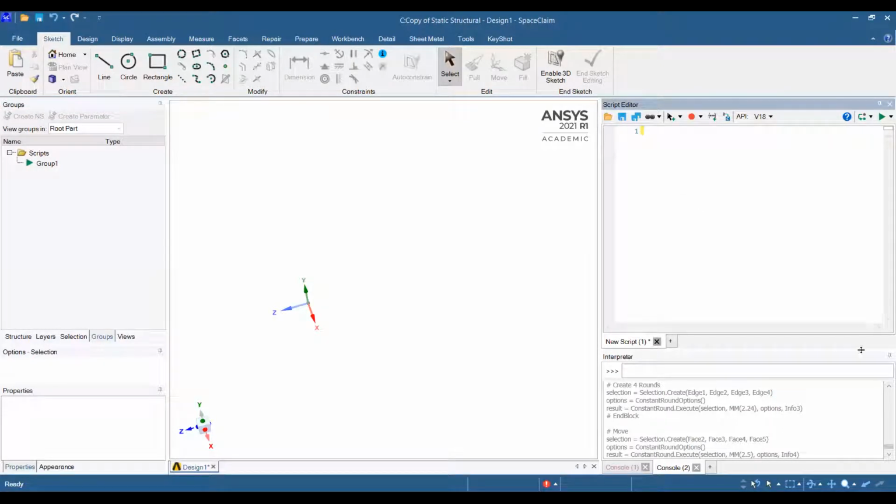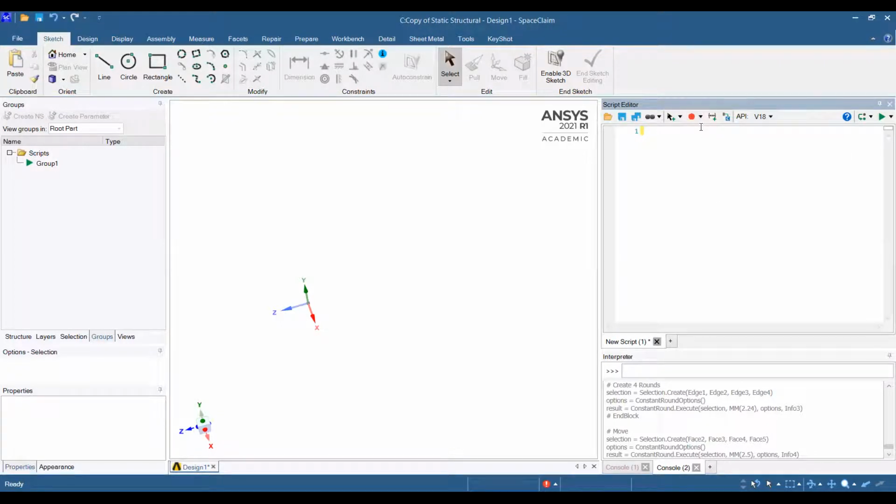In the right panel, where the scripting editor has come up, is an important one for you. We can open a script, save a script, publish a script, and insert a selection. This feature is useful when we want to add a named selection to our parts, faces, planes, edges, etc. Then there is an option to record.